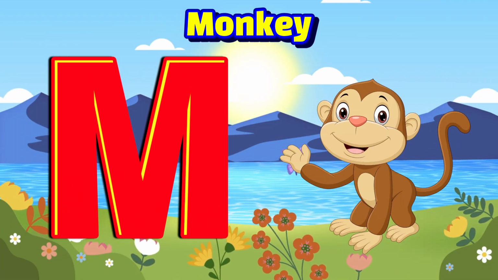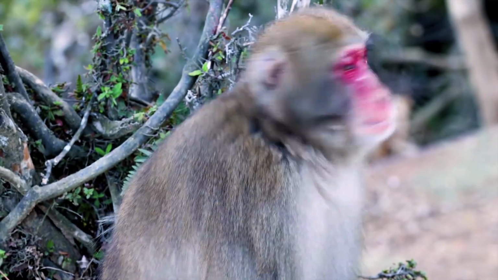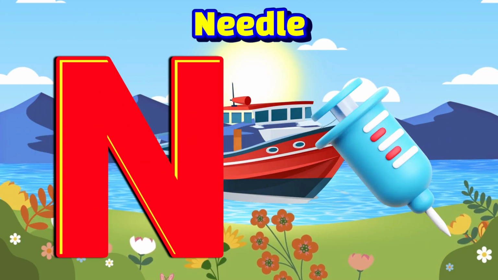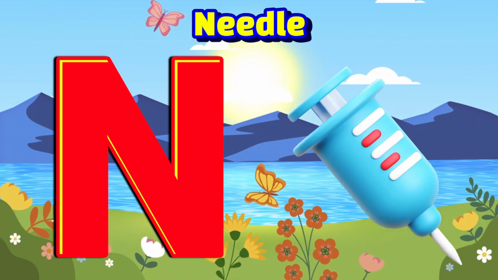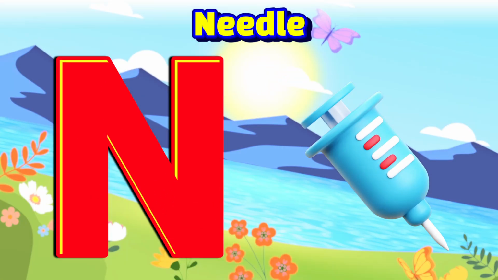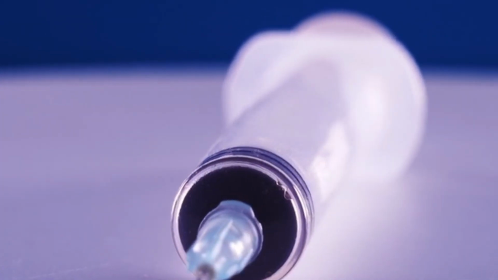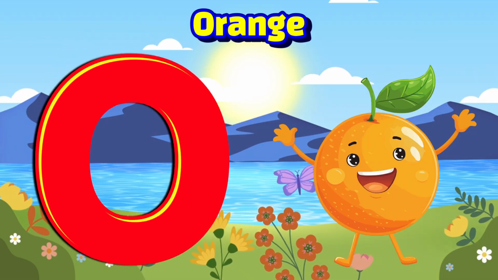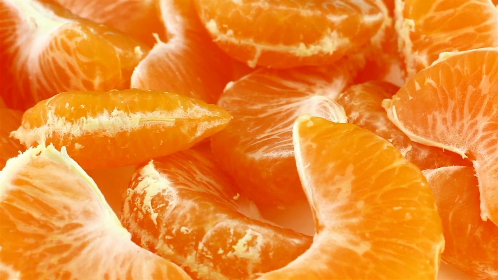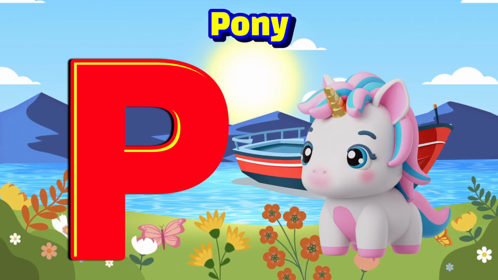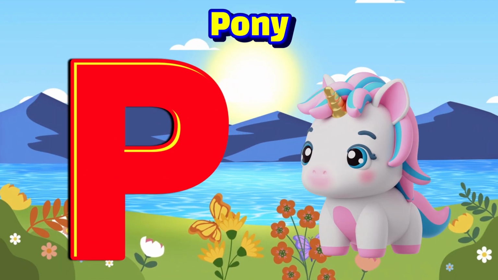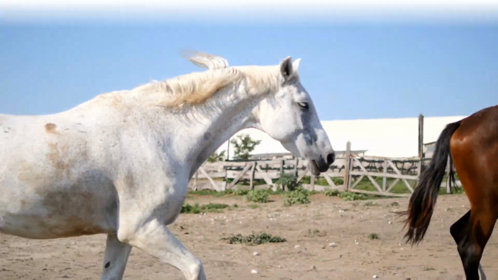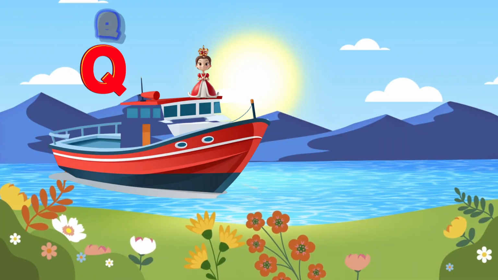monkey, monkey. Monkey. N is for needle, needle, needle. Silver needle. O is for orange, orange, orange. Juicy orange. P is for pony, pony, pony. Lovely pony. Q is for queen,